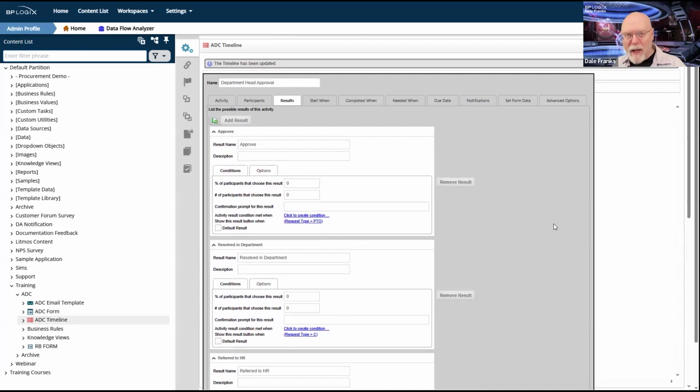The department head is going to see everything that goes through on one of these request types. He may, in the specific case of a complaint, solve it internally, in which case it won't go to HR.